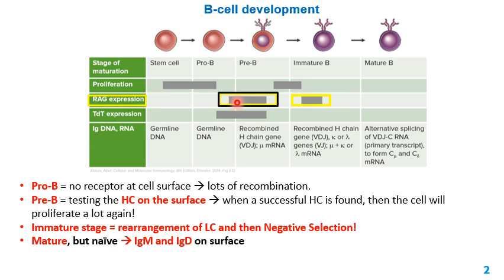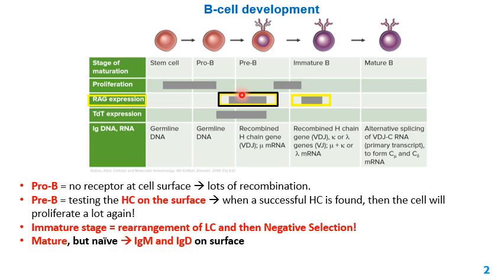So then what's going to happen? Once you make, which chain do you make first? Yes, we said that. So you have your heavy chain first, right? You remember also the sequence of how you're going to rearrange those genes. Which ones are the two genes that are going to get pulled together first? DJ. You've got to remember that, right? Cell's got to stay alive. Okay, DJ. After DJ, you're going to get